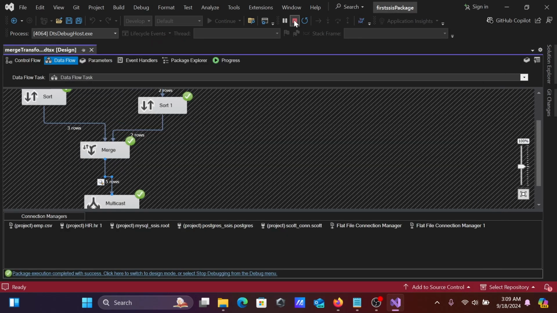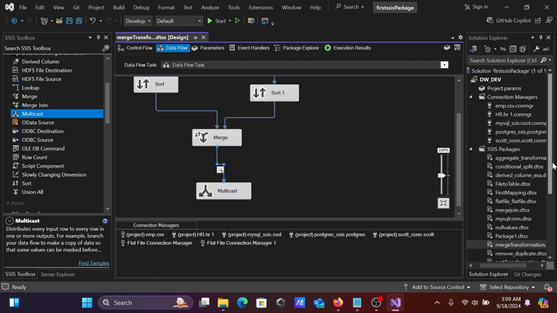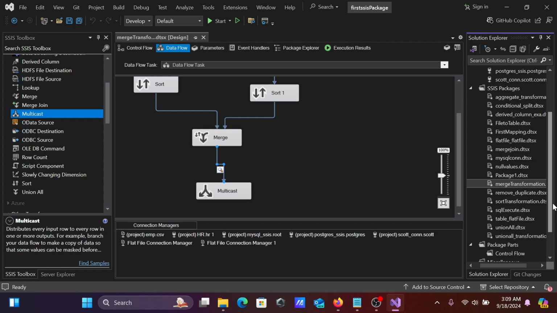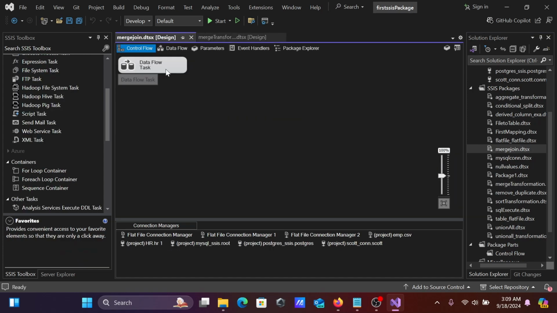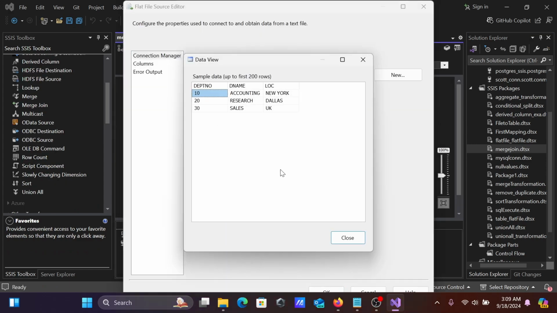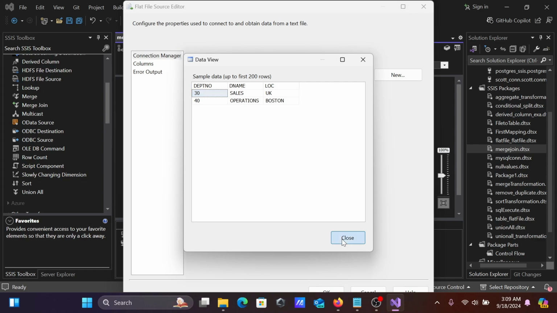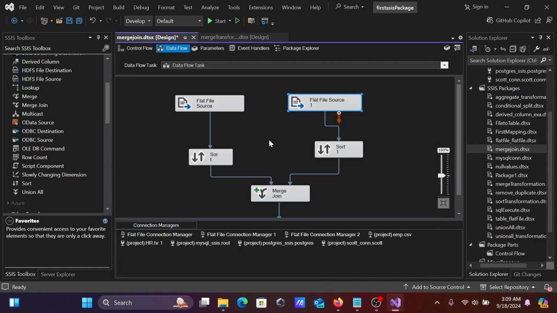Okay, and now I'm doing the same thing with the merge join transformation. Here you can see merge join in the data flow. If I go to the flat file preview, the same file is there, and on the second one you can see in the preview the same file data and the same structure.